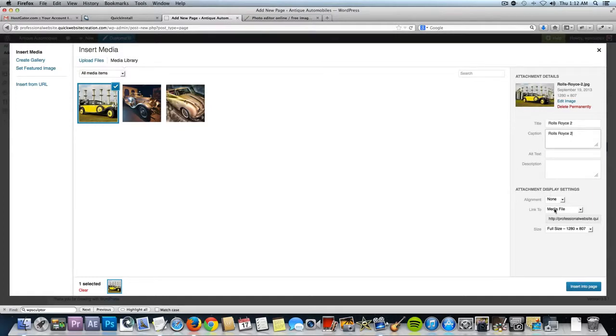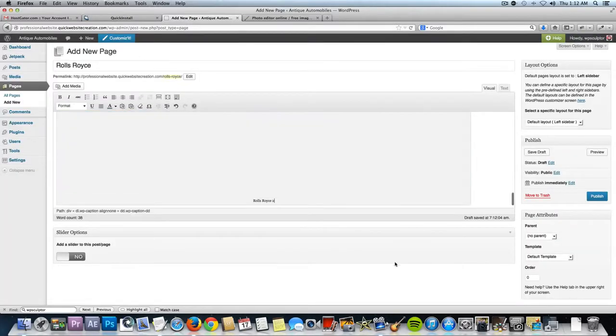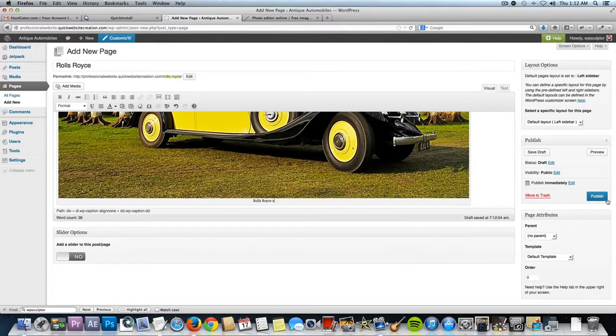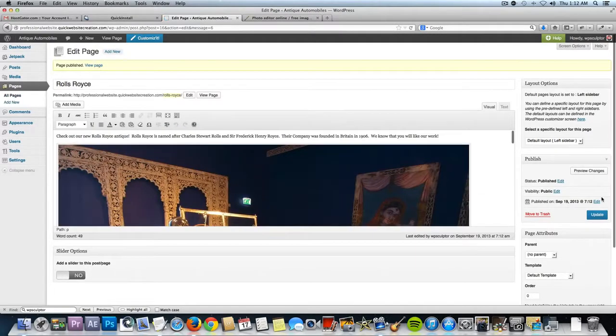And alignment set to none, I want to link to the media file, and I want it to be full size, so I'm going to insert into page. And now when we publish this page, and then when we click here and view the page,